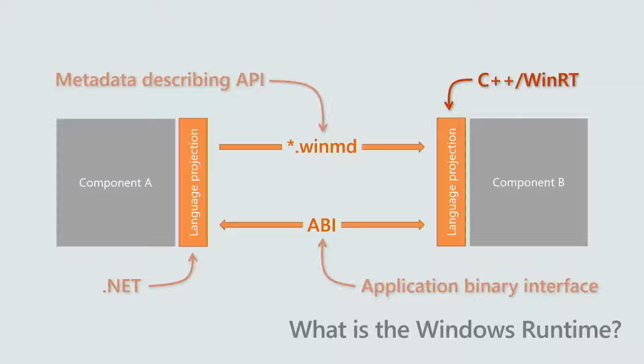And just the other day, I managed to get C++ WinRT running on Windows 7. So really, there's nothing here that is specific to Windows 10. Naturally, the APIs that you build in those components might only be available on certain platforms. But this technology is the essence of the Windows runtime, and that's what C++ WinRT is all about.